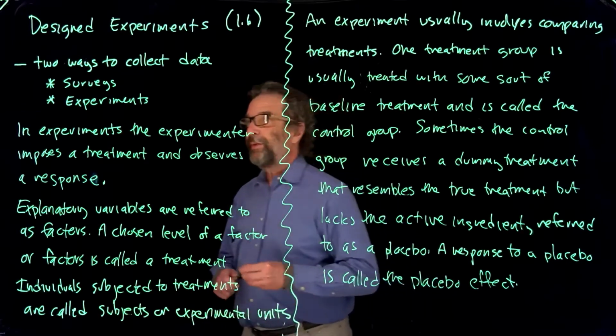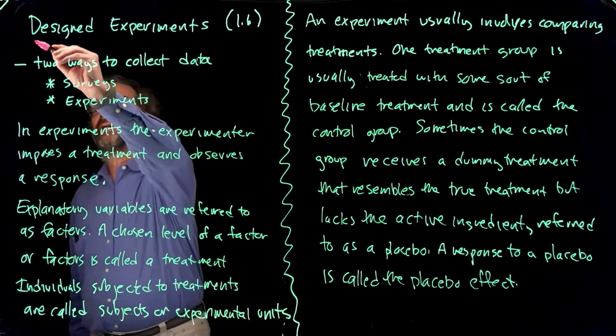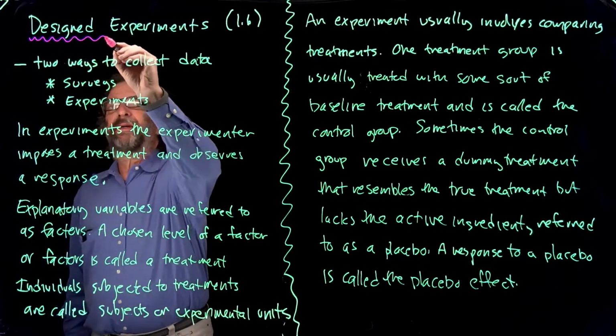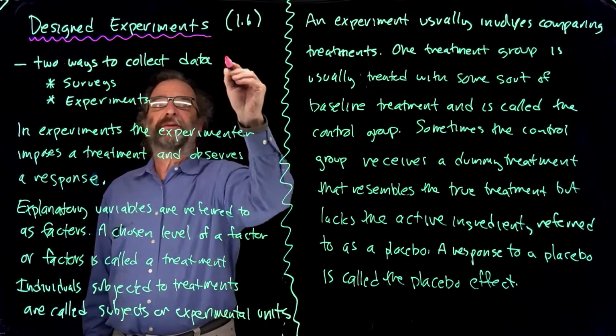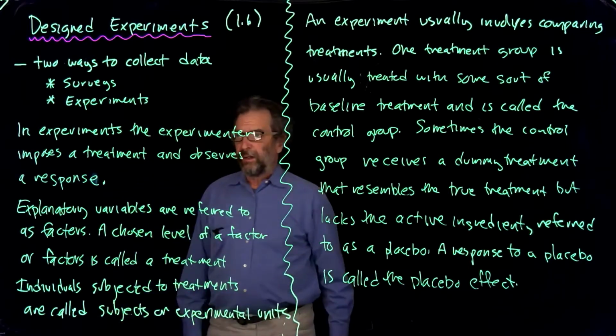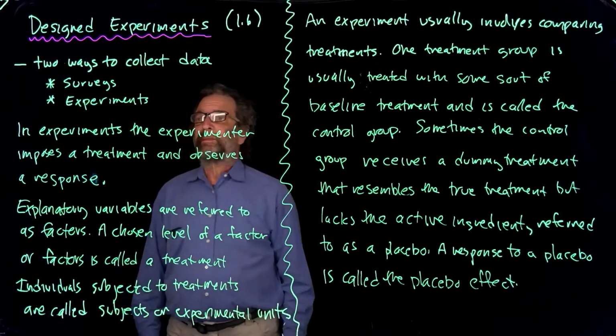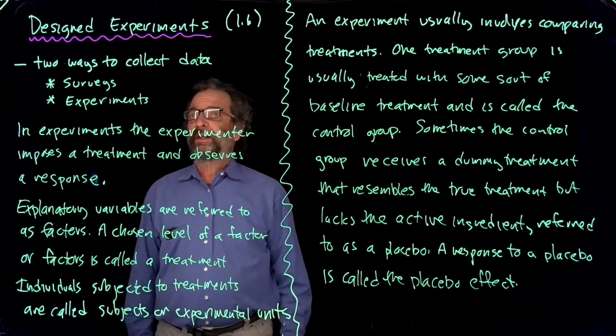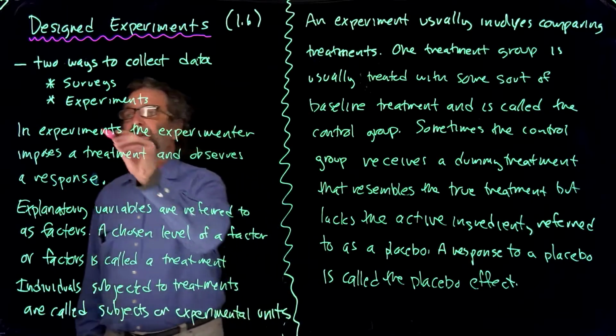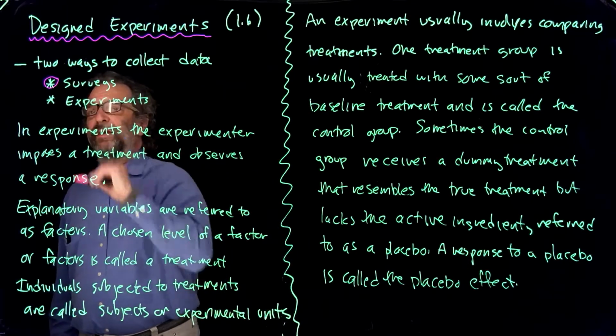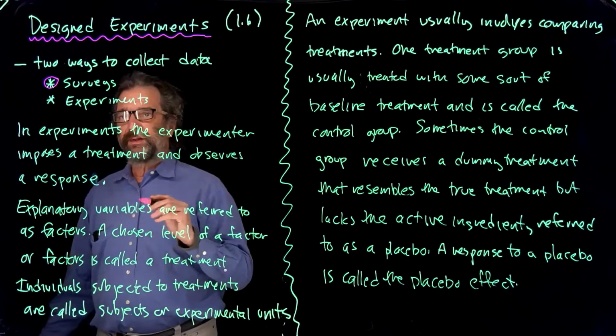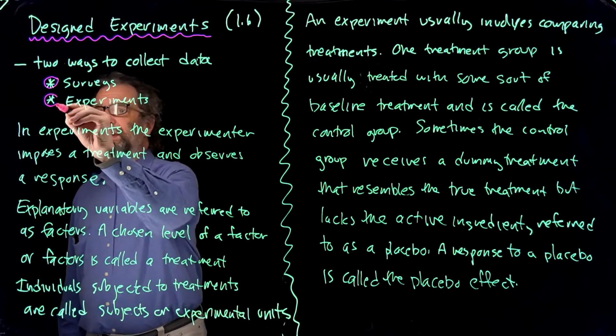Well, we're in section 1.6. 1.6 is about experiments, sometimes called designed experiments. And experiments are another way of collecting information. There's only two ways: going out there and collecting information, which is called making a survey, or doing an experiment